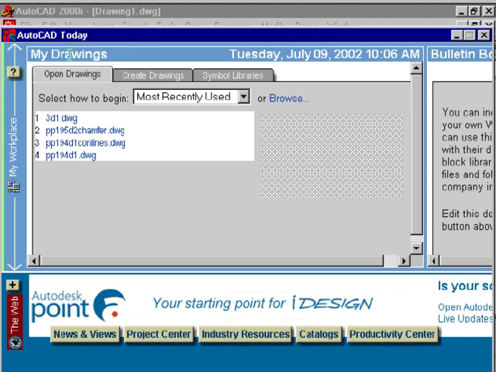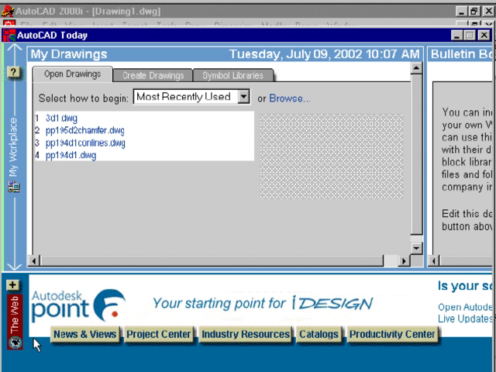Now, as we can see, the Today box is divided horizontally right here. And the top portion of the window, which is referred to as My Workplace, is centered around the files you have on your computer and anything stored on your hard disk. Whereas the bottom half of the Today window, as indicated by this web icon, is centered around various hyperlinks and